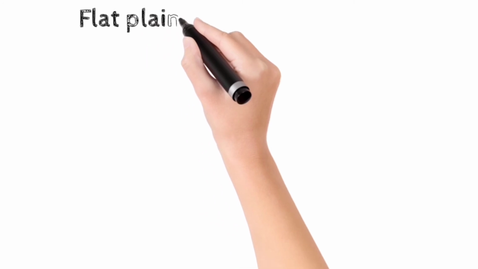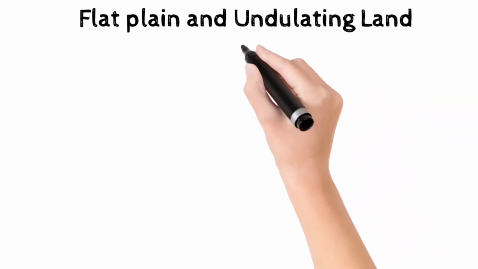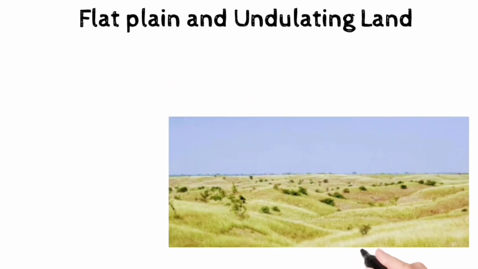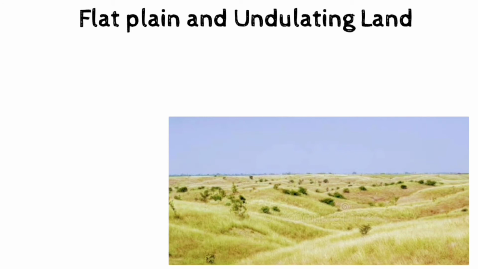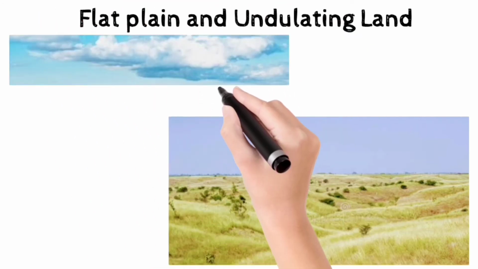Now it's time to see the three-dimensional features on a two-dimensional map. Flat plain low-lying regions have elevation ranging between 20 meters to 40 meters, which indicates that they have sufficient slope for natural drainage and are suitable for agriculture.